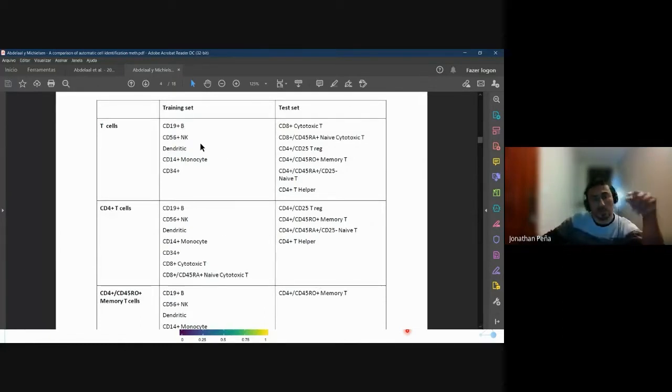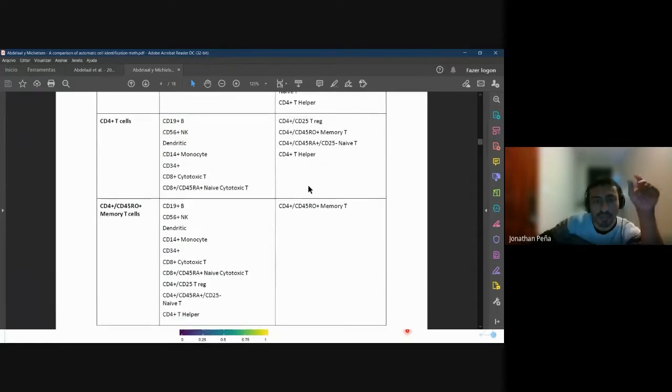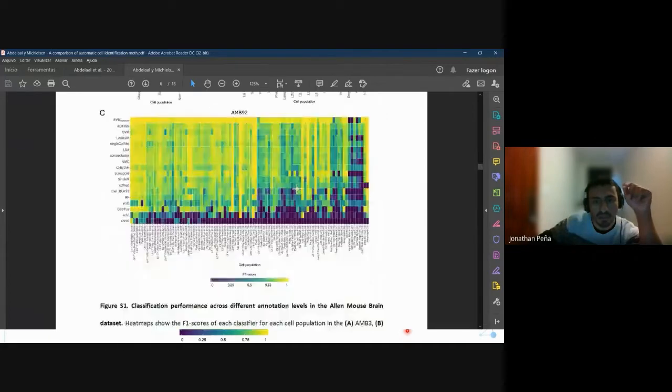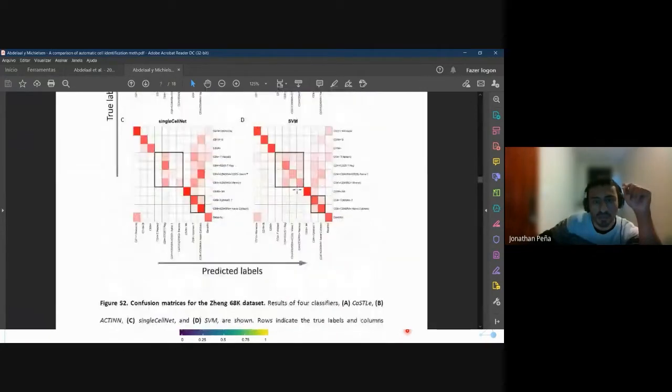Aqui, eles classificaram CD8 citotóxico, CD8 naive, CD4 T-Reg, memória, naive CD4, T-Helper. E eu vou mostrar mais na frente que o rendimento cai muito, porque eles analisam,